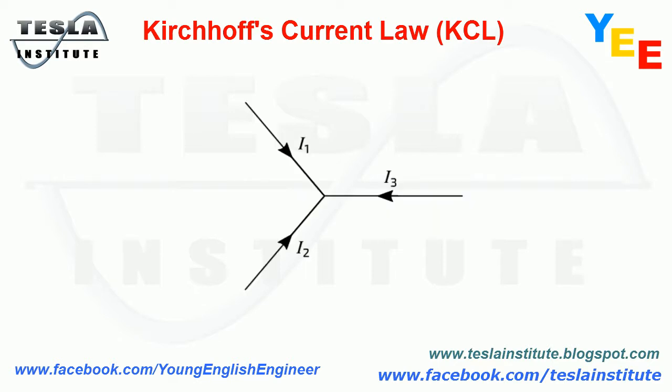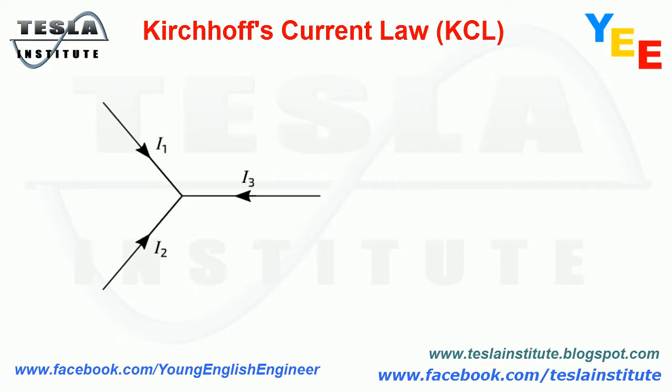A positive current means that the currents are flowing in the directions indicated on the diagram. The standard way of displaying Kirchhoff's current law is by having all currents either flowing towards or away from the node, as shown on the diagram. Here, at least one of the currents will have to be negative, away from the node and in the opposite direction to the arrows on this diagram, and Kirchhoff's current law can be written as I1 plus I2 plus I3